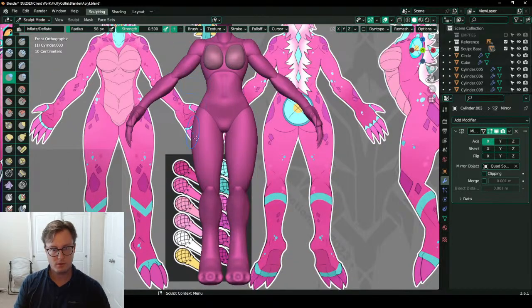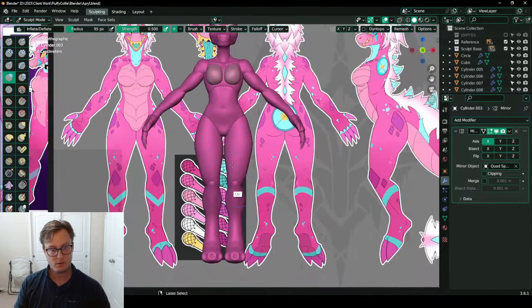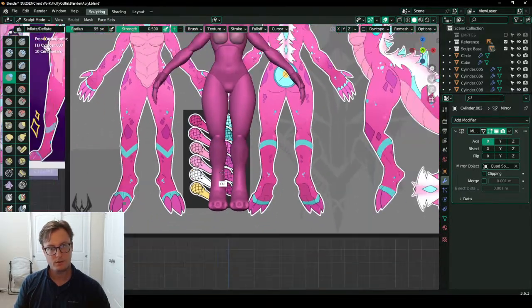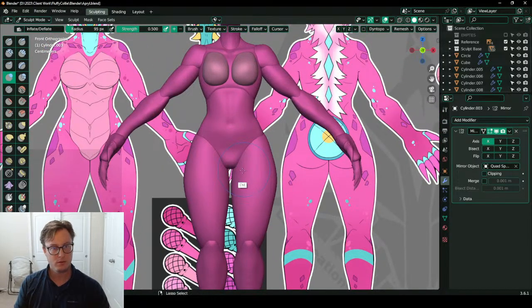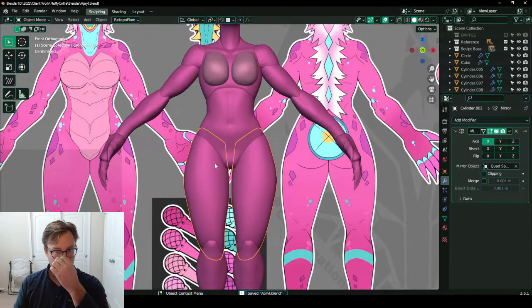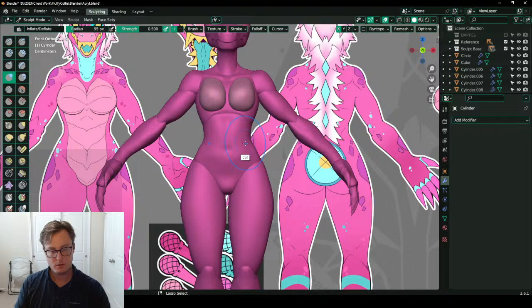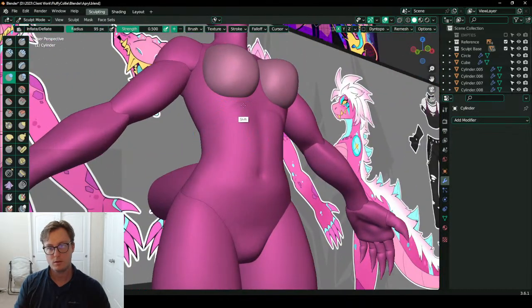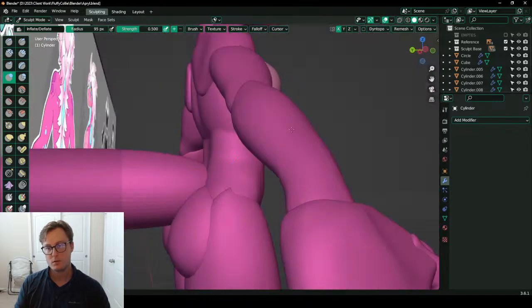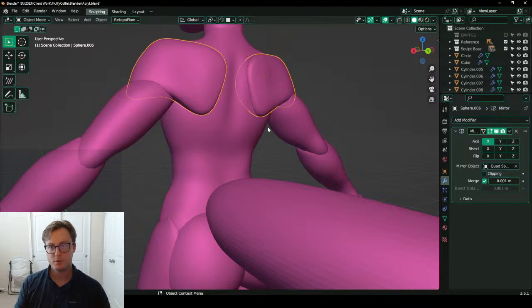A little bit more there, and here. All right. I'm going to combine the torso and the neck, and probably the shoulders too.